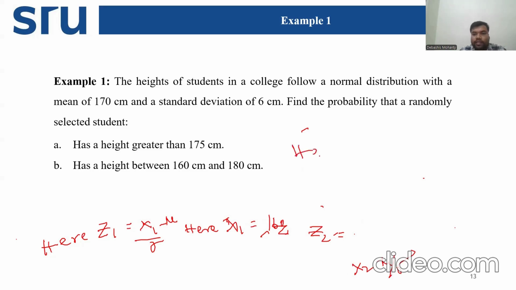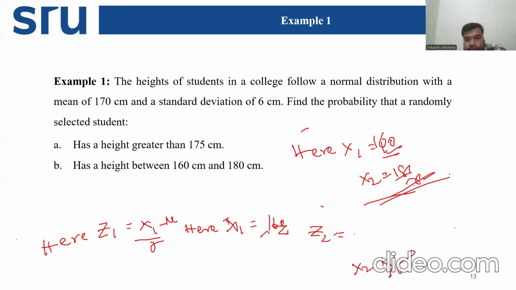And here we can see the x1 value equals 160, the x2 value equals 180. So here, as the x1 value is 160 and the x2 value is 180, we'll apply